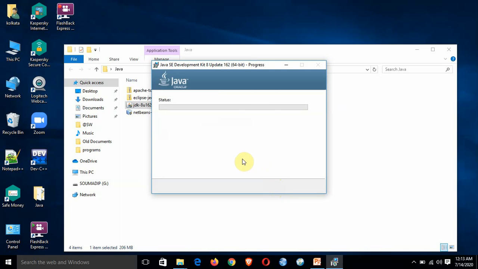So it will start installing the software. As I have told you before, depending on the processor speed and computer memory available, it will take variable time to finish the installation process.